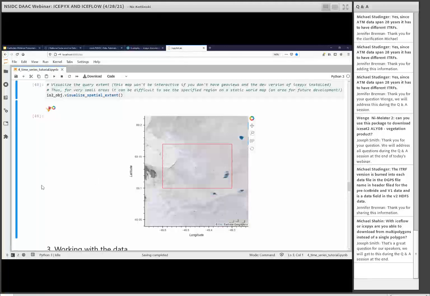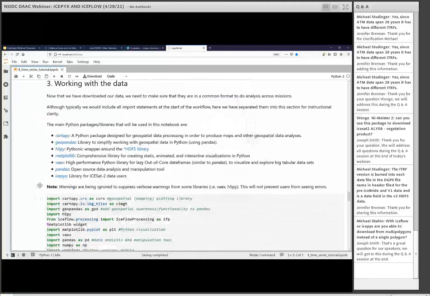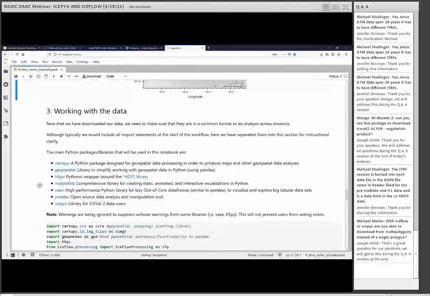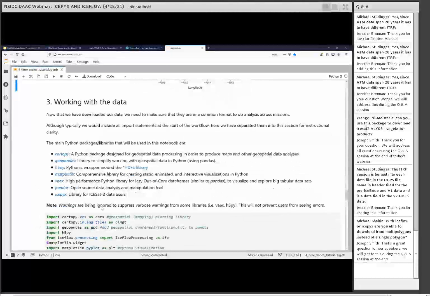And so now that our data is downloaded, I'm going to turn things back over to Nick to talk about working with the data within IceFlow. Great. So now we're going to look at a use case for working with the data that we've just downloaded. So the first thing we need to do is